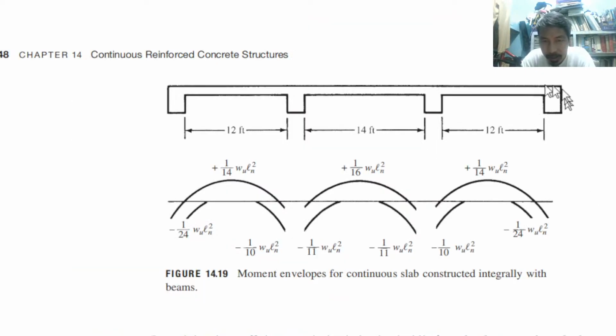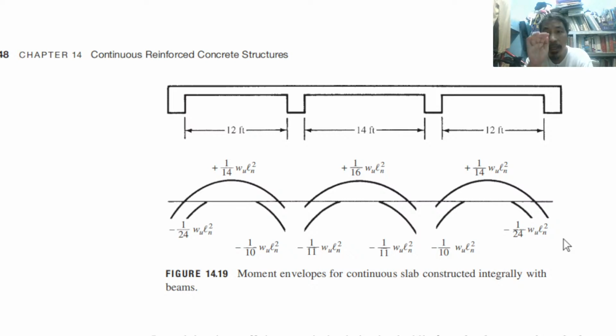This is the exterior support. Where is the interior face? This is the interior face of the exterior support, and therefore the value is 1 over 24. Here, 1 over 24. So we are complete. We can actually immediately, just by looking at it,